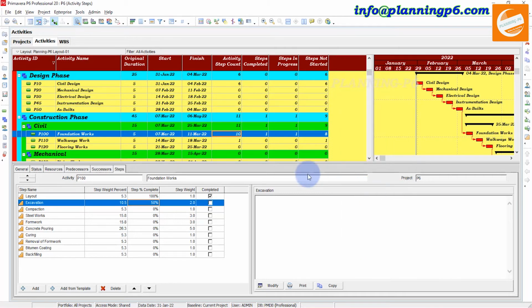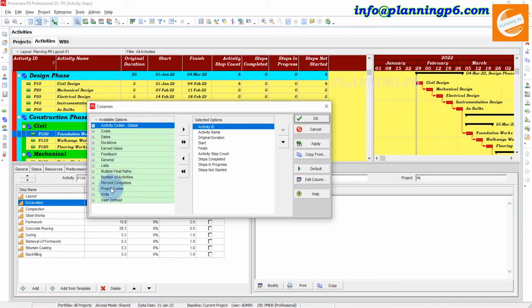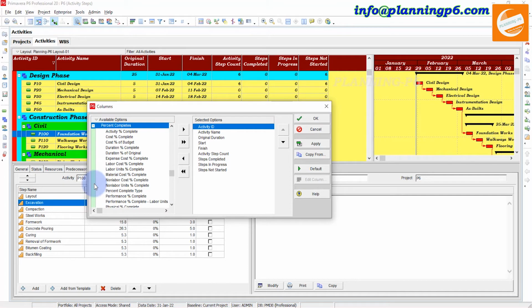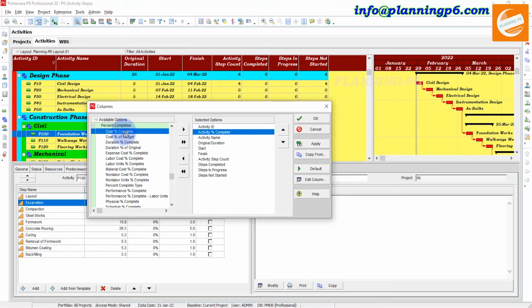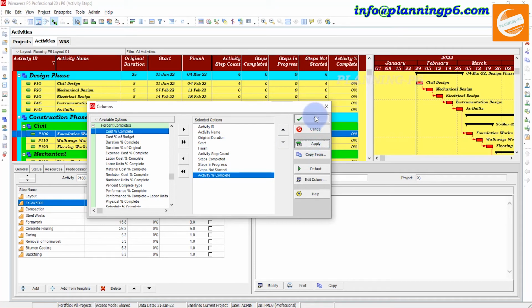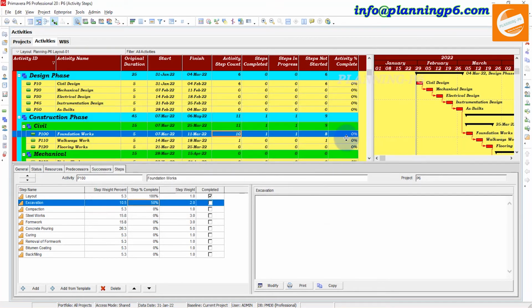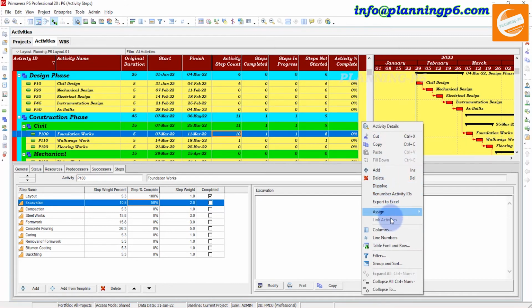If you want to see the progress, you have the option of percent complete. Here you can add activity percent complete, then apply and OK. Whenever it is completed, you will have assigned baselines and these resources.